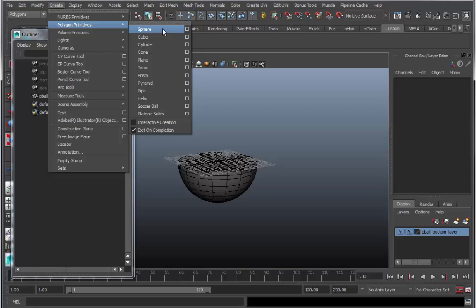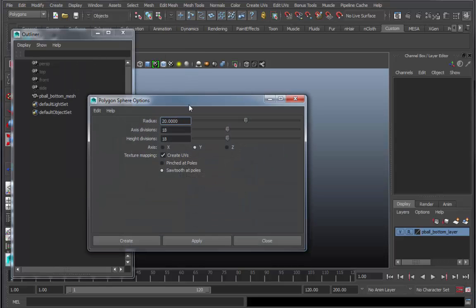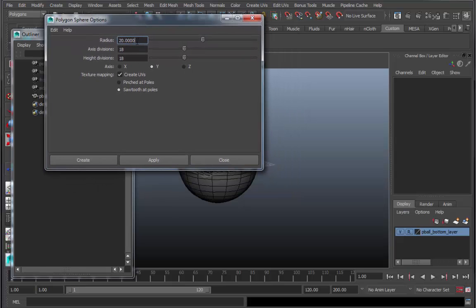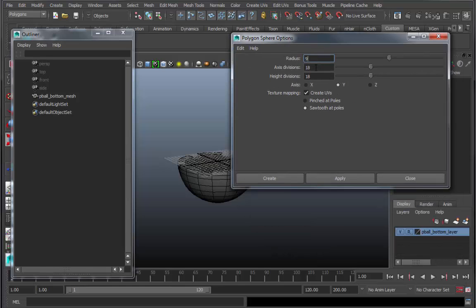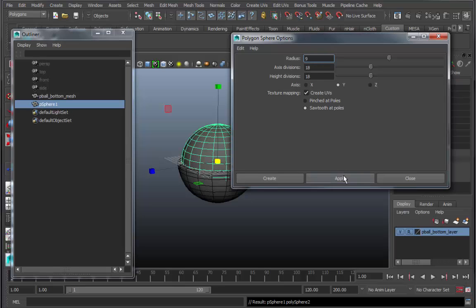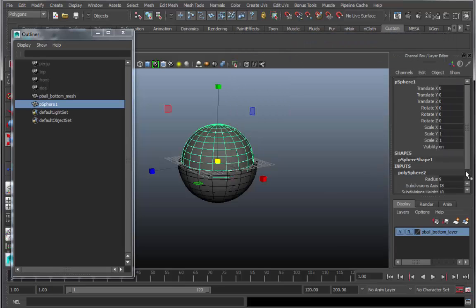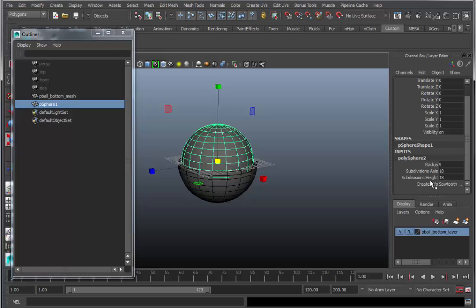Now I had you manipulate the history of the sphere previously to get it to the size we needed. There is of course another route where you can go into the options, which are these squares on the far right of any of these commands. If you click on the options, it actually tells you what kind of sphere it's going to bring up. 20, 18, 18. We don't really want that. What we do want is, because this sphere is size 10, we want one coming in at size 9. And axis divisions 18 and 18. Boom, go. Even if you made a mistake, you can still fix it here, like we did with the lower part,